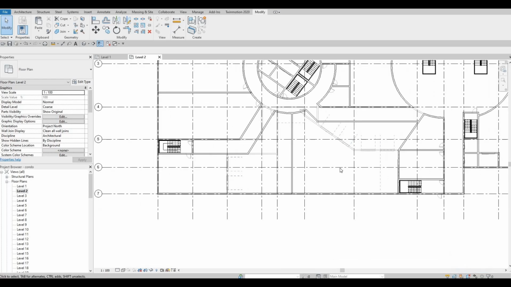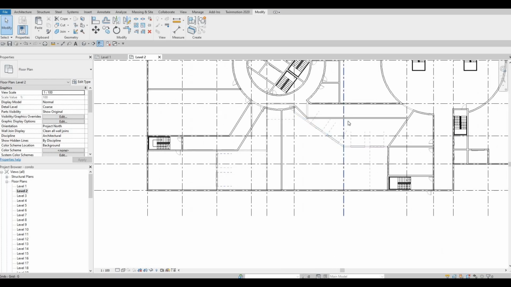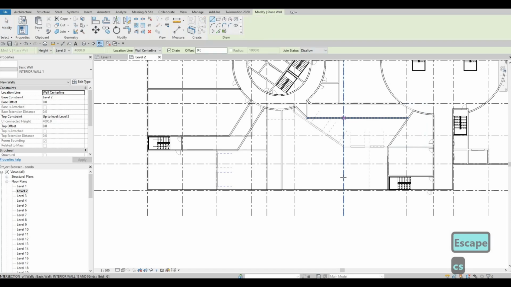Okay, so there's another retail here and one more in the middle right here. So CS,